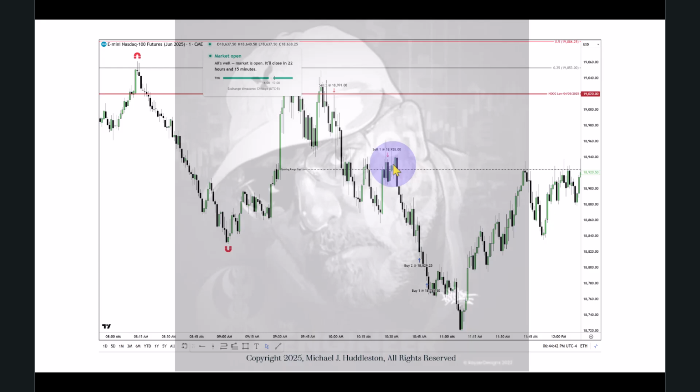I love it. So you can see that the entry right here, 18,991. That's inside of that gap right there. And I like the fact that it traded up there and fell short of the new day opening gap low. That's a signature I teach. If it can't touch that, is it weak? Yes, when the market should move lower. And that's why I felt confident when it was trading back down inside that. That's when I entered.